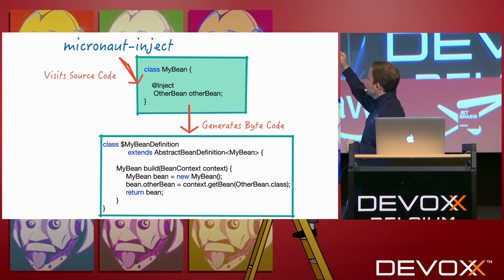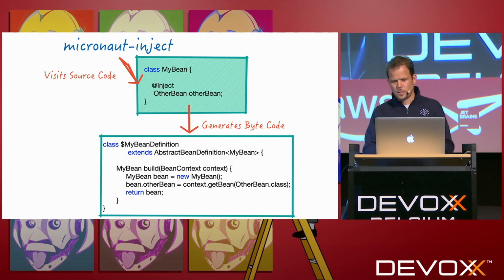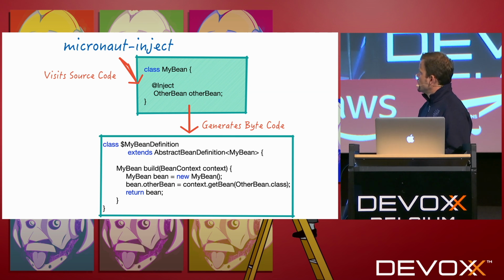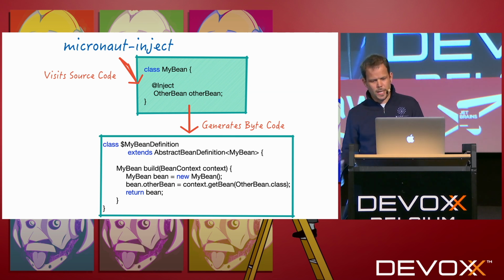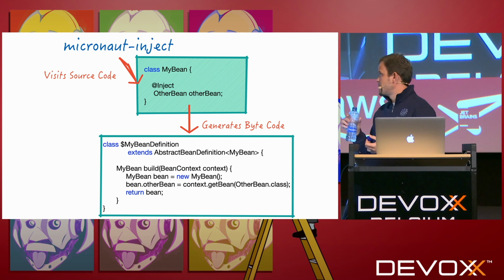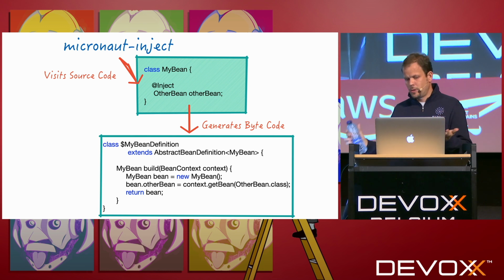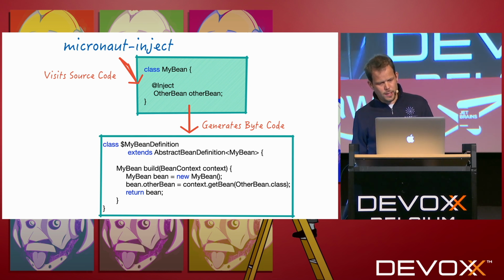This is pretty much pseudocode, but you'll get a class called MyBeanDefinition that extends AbstractBeanDefinition, and it will have a build method which constructs the bean and sets the other bean, retrieving the bean from the context. These classes are generated at compilation time automatically for you. They're bytecode. You can look at them if you want. IntelliJ has a decompiler which you can open,